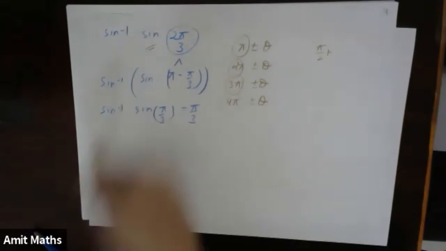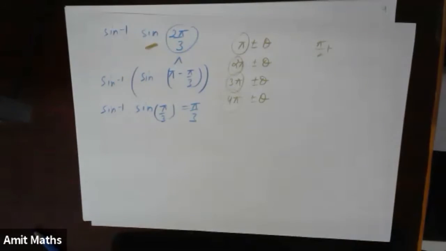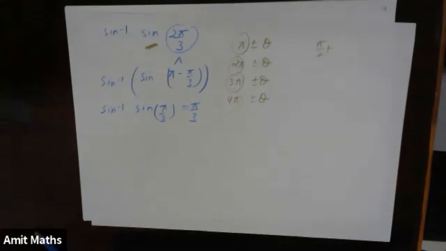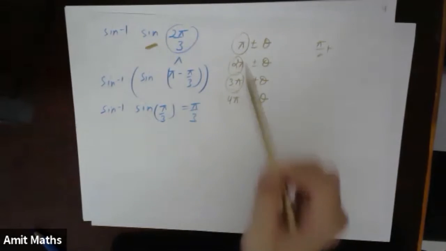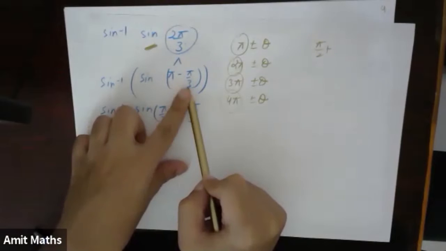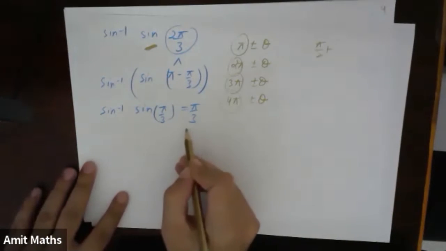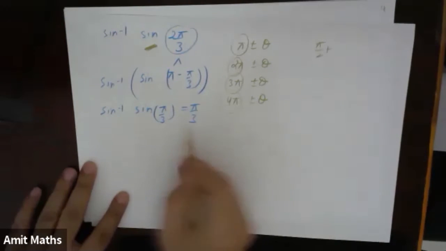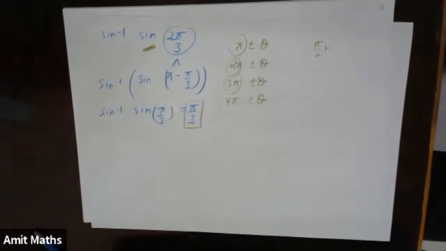Everybody understood? Why am I keeping it in pi, 2 pi, 3 pi, 4 pi form? So that this sign ratio will not change. Understood? Abhishek, did you understand? Yes? Okay. Right? So that means we can only keep it pi, 2 pi, 3 pi, 4 pi. Pi is the simplest one for me because pi minus pi by 3 will also give you the principal angle. The sine inverse of sine of something in the principal angle will give you pi by 3.